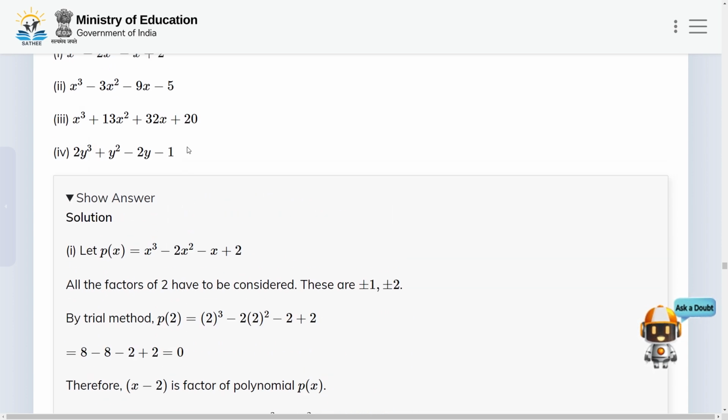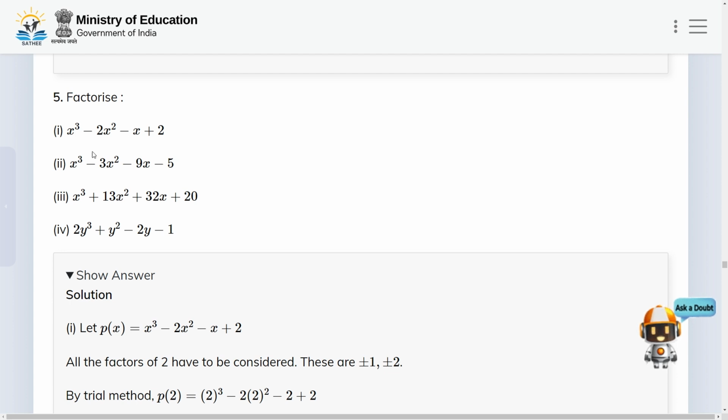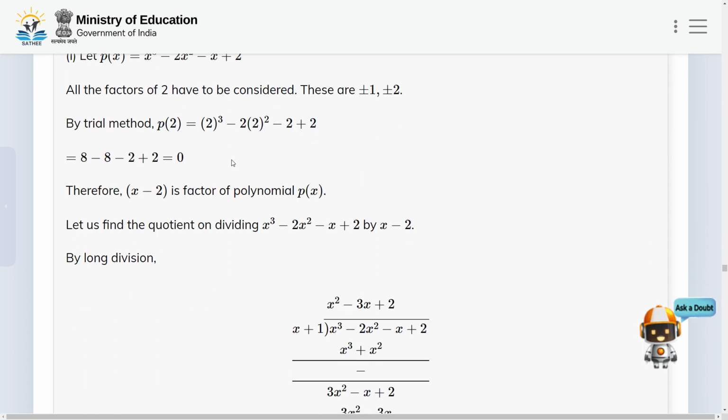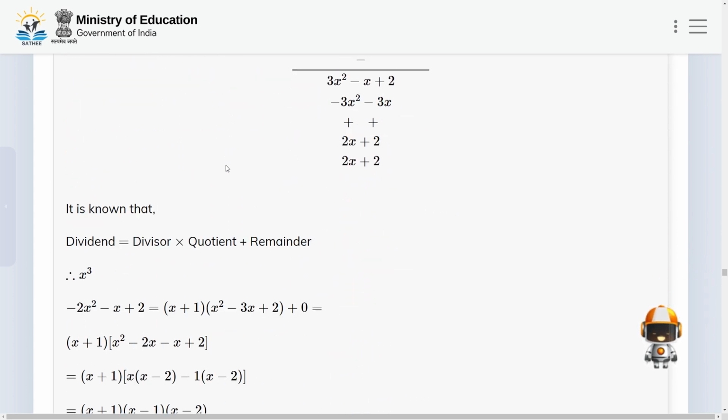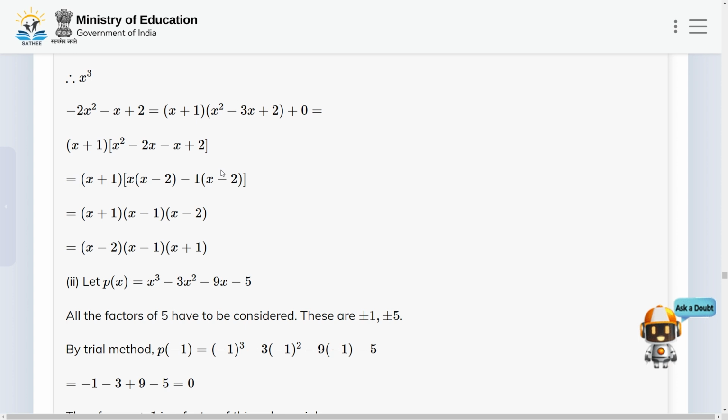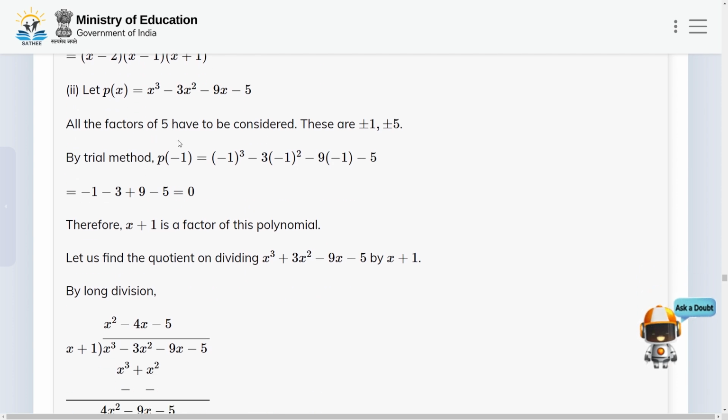Okay, so now let us factorize this cubic polynomial x cube minus 3x square minus 9x minus 5. First of all, we will find one factor by hit and trial method. Here all the factors of 5 have to be considered. These are plus minus 1, plus minus 5, and by trial method here